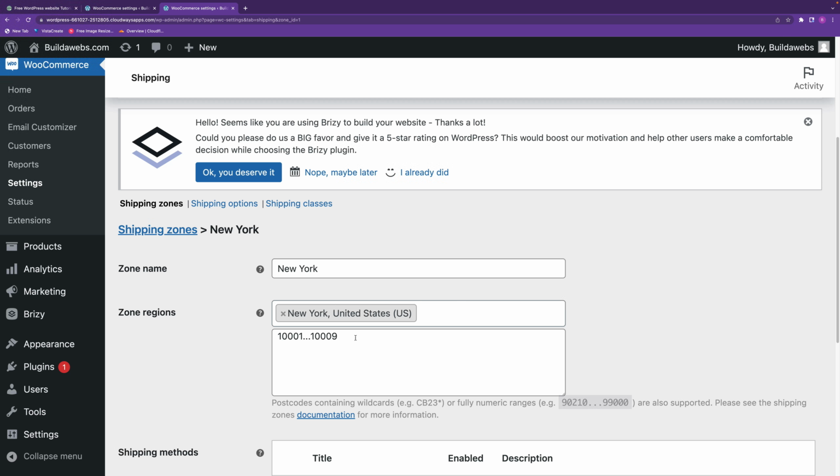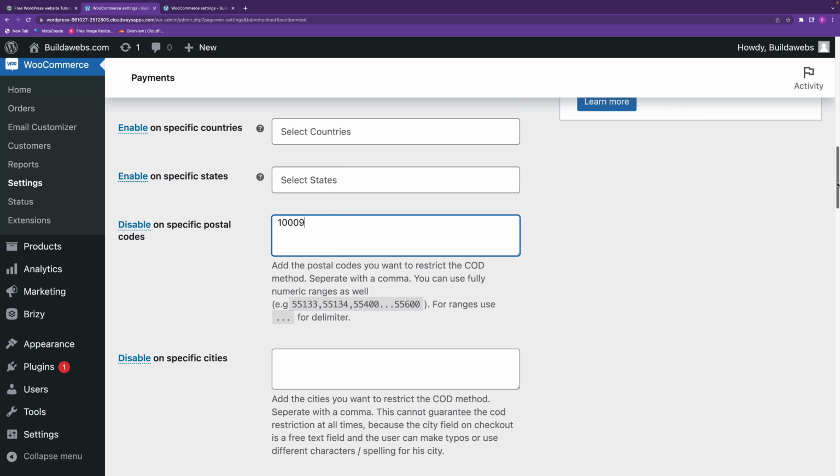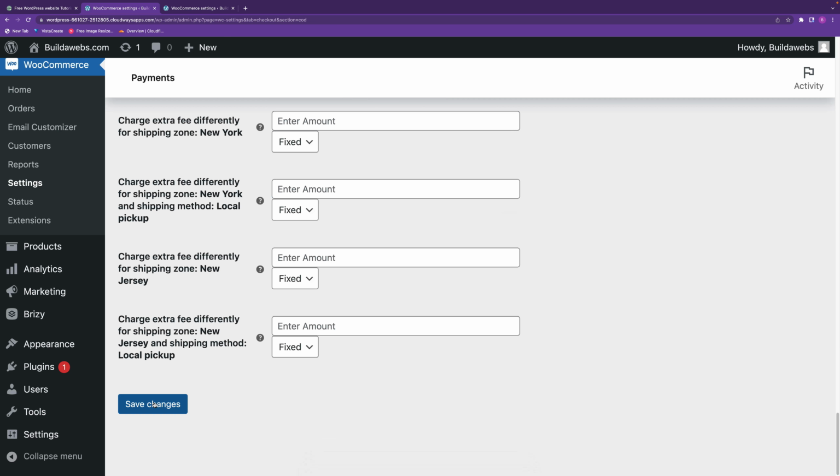But say for example we wanted to change this where we will only accept cash on delivery between 1001 and 1008. We can do that. So we go into here and we choose to disable 1009. And if we go down, we click Save Changes,